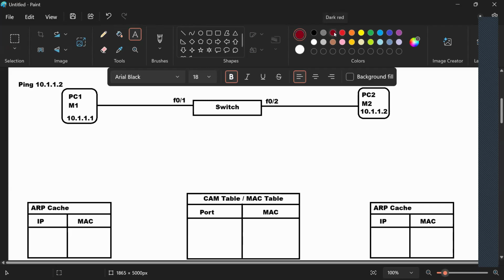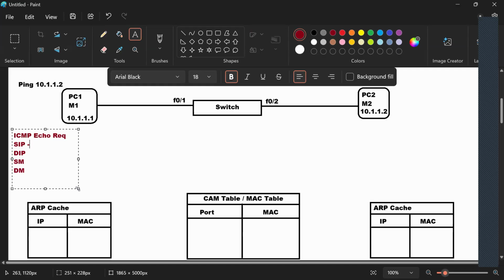So in the ICMP, PC1 will say, this is an ICMP packet, ICMP echo request, right? In this ICMP echo request, there will be source IP information, destination IP information, source MAC address, and destination MAC address, right?